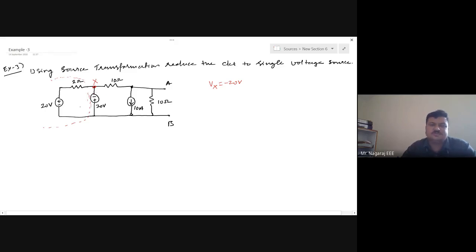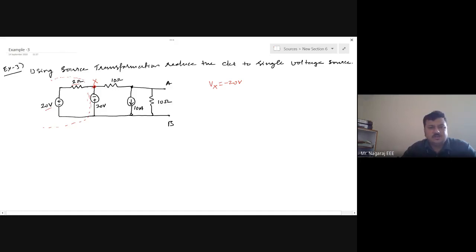Now, this 2 ohm and this 20 volts are coming exactly in parallel with the 20 volt source, just as we have seen in example 1. The things which are coming in parallel to a voltage source and have no effect on the node voltage can be neglected. Do you think this 20 volt and this 2 ohm are having any effect on this node voltage? Whatever may be the current flowing in this loop in the 20 volt and 2 ohm resistor, it has nothing to do with the node voltage X. It is always minus 20 volts. Do you agree?